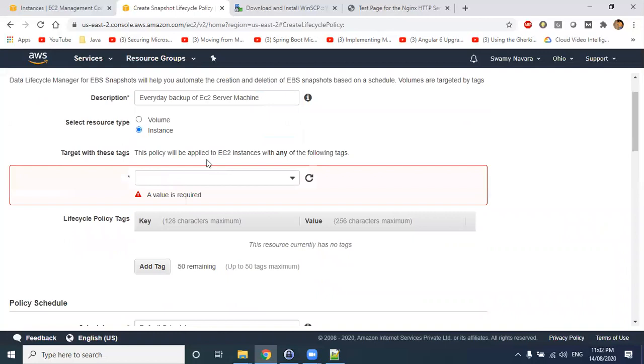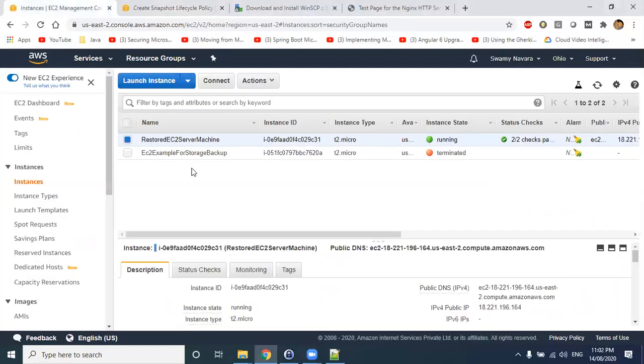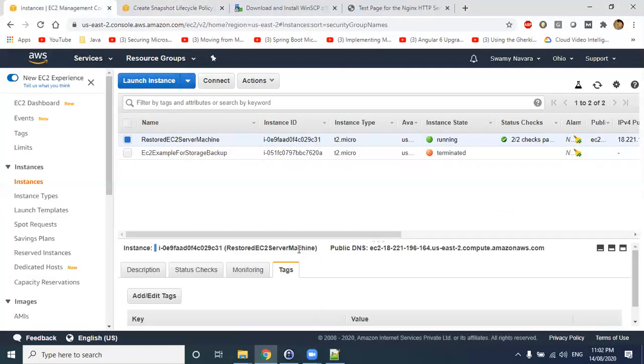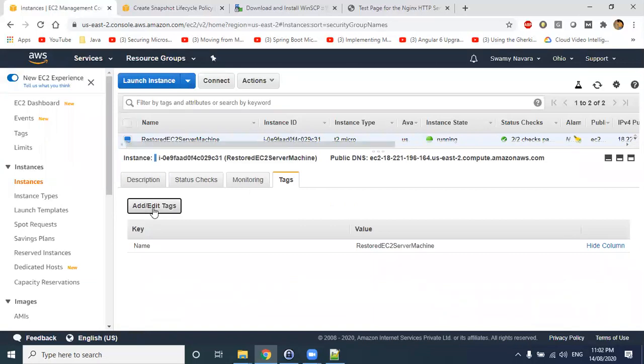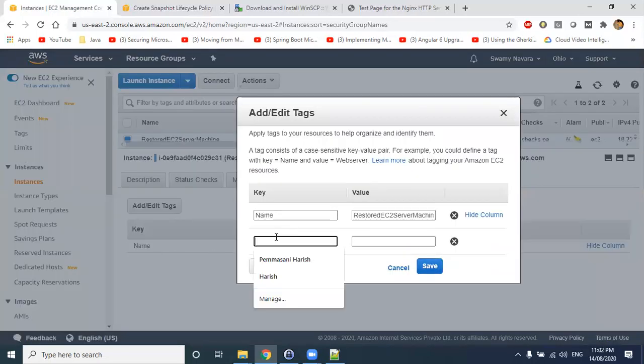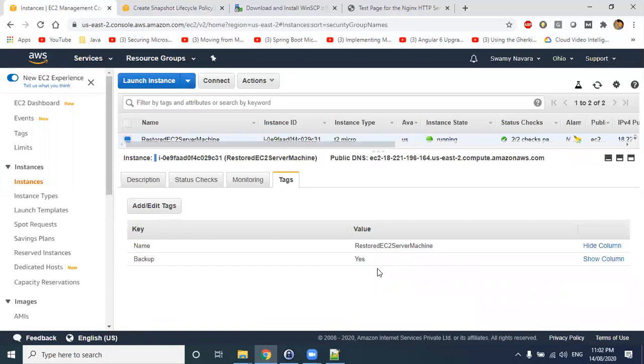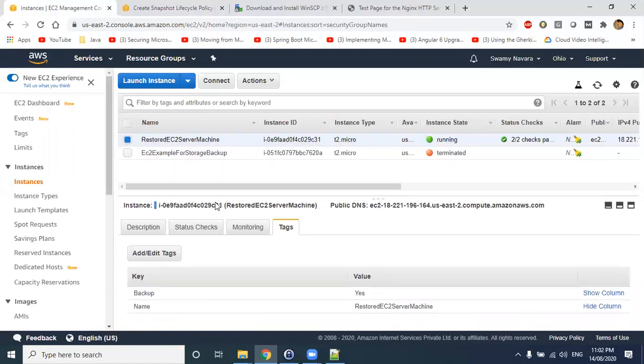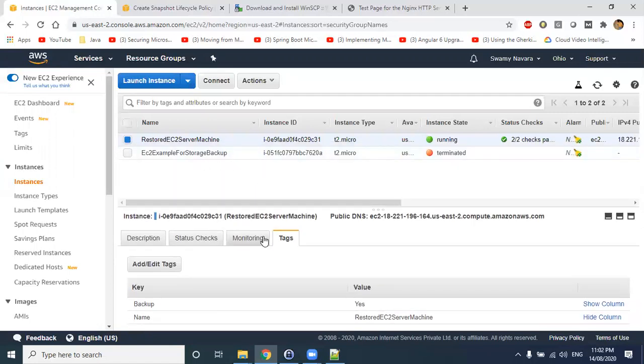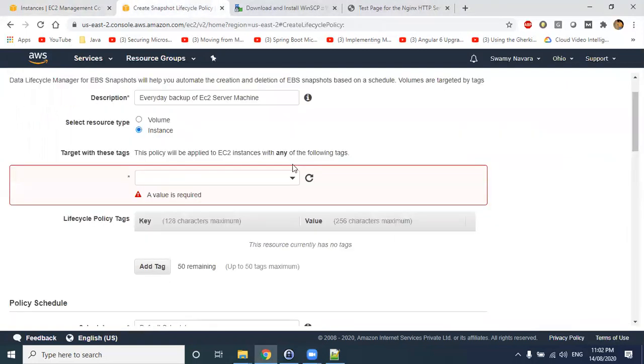And see tags, as I told earlier, you need to give some tags for your EC2 machine. So now let us come back to the EC2 machine, go to your tags. Now let us add some tags here, create tag. For example, you have a set of 10 devices, but you don't want to take a backup of all 10 devices. Then how can you differentiate them? You can keep a tag like backup and make it yes. For the remaining machines which you don't want to take a backup of, keep it as no. Okay. So you can differentiate with tags here.